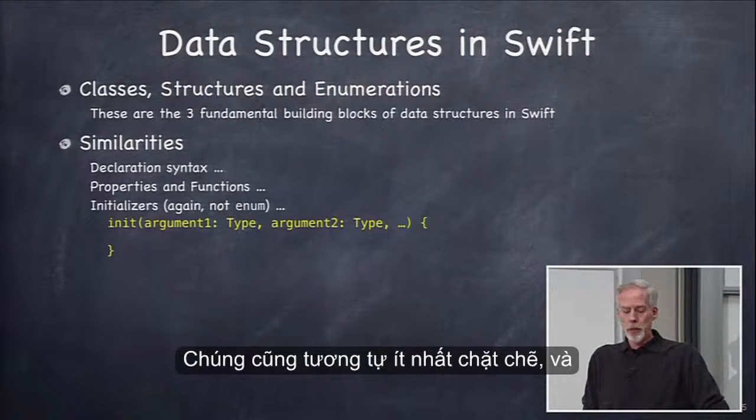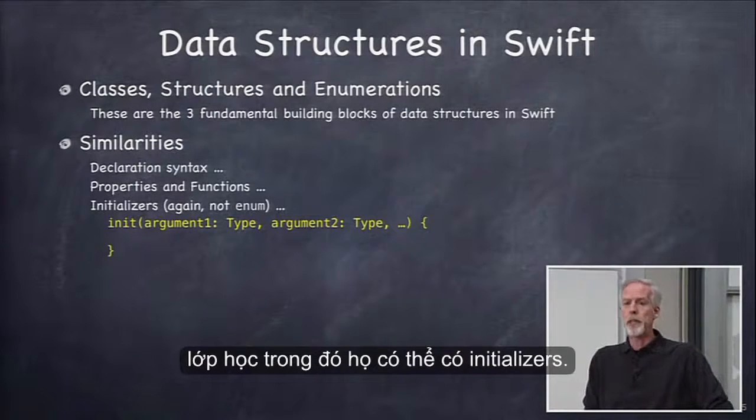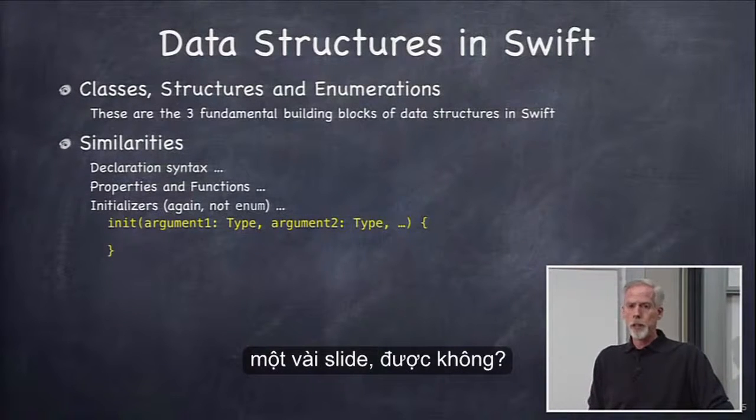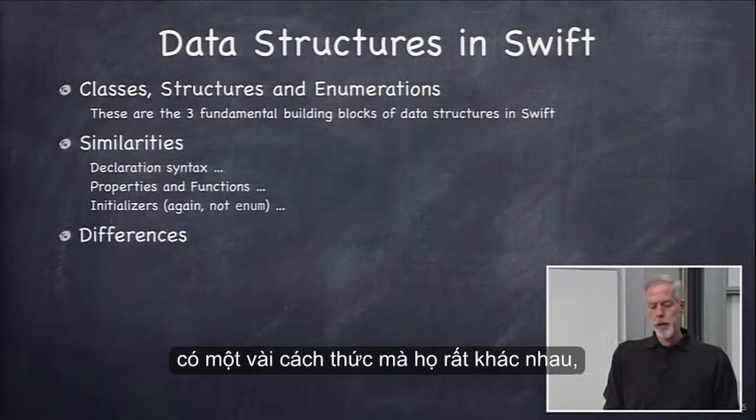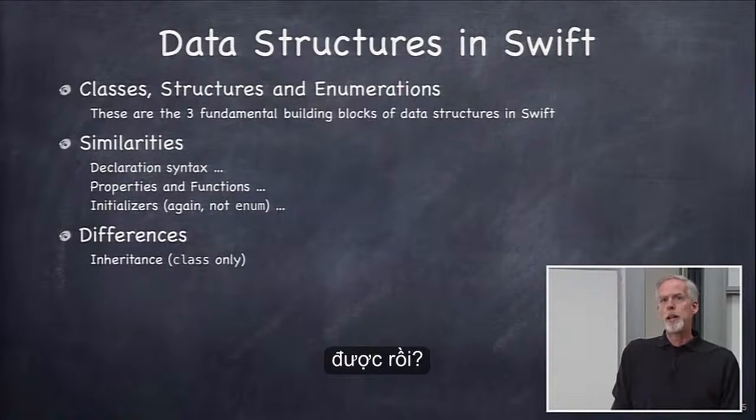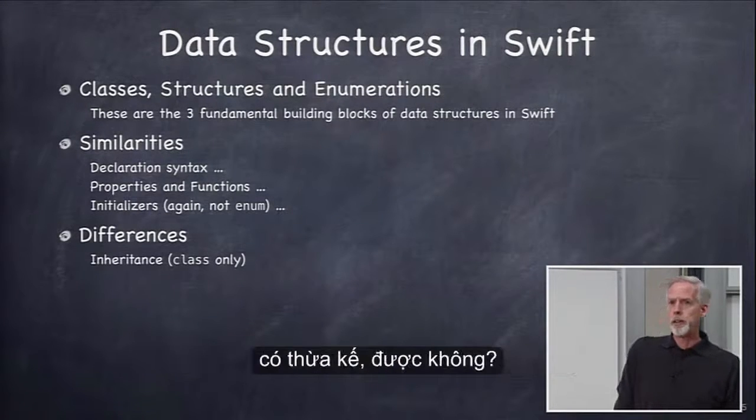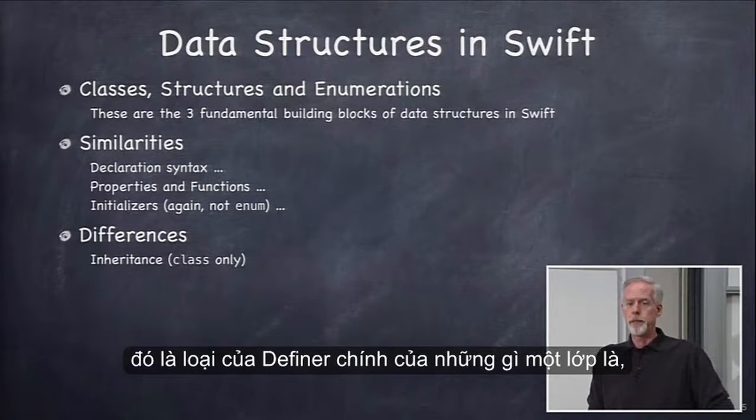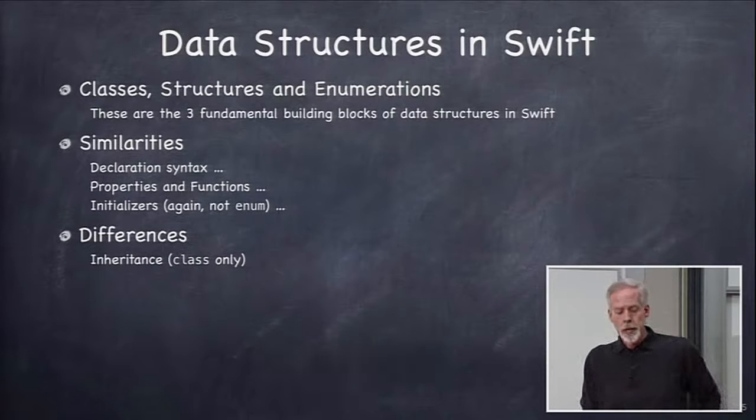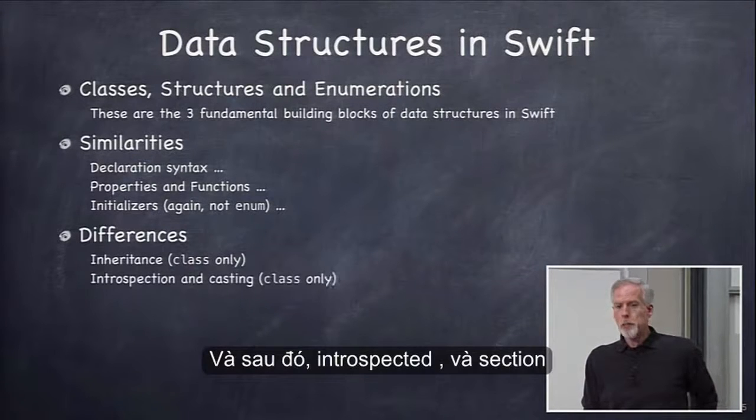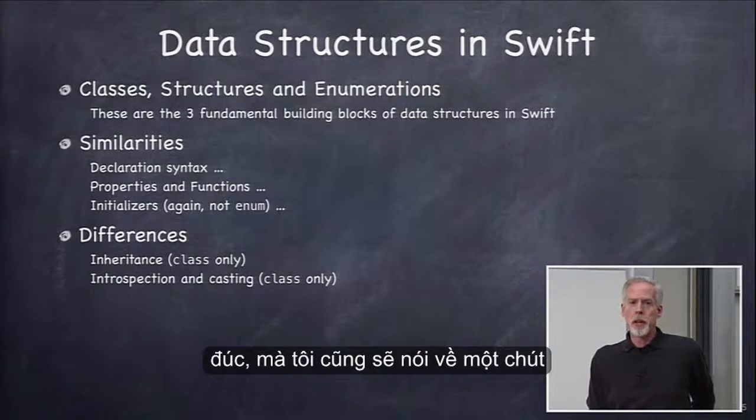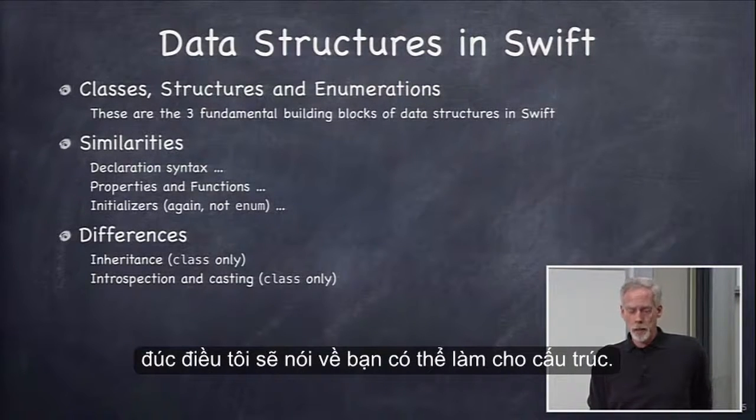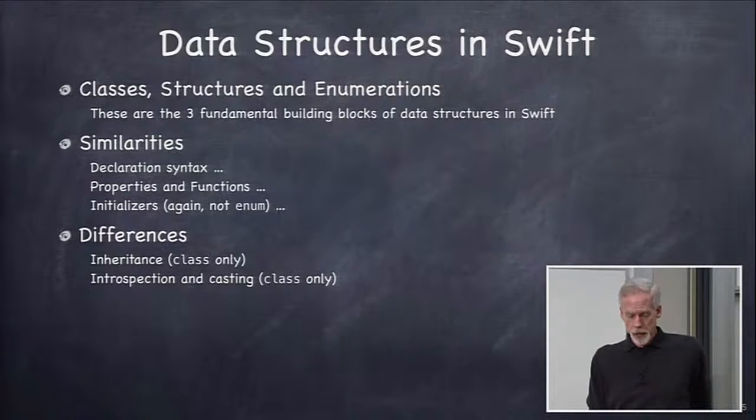They're also similar, at least structs and classes, in that they can have initializers. And we're going to talk about initializers in detail in a few slides. Okay, so they're similar in a lot of ways, but there's a couple ways in which they're very different. Classes are the only ones where you have inheritance. Okay, and it's pretty obvious. That's kind of the main definer of what a class is. It has inheritance. And then introspection and casting, which I'm also going to talk about a little later, those are